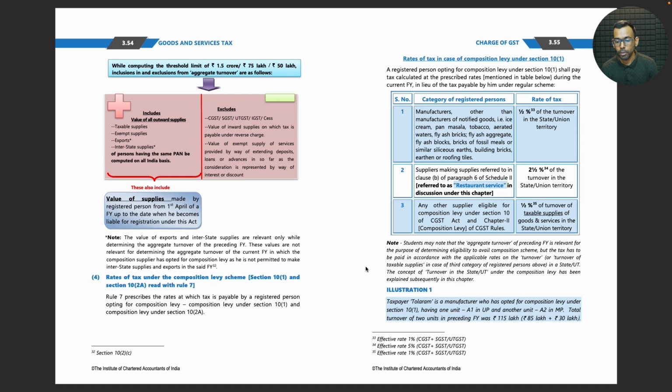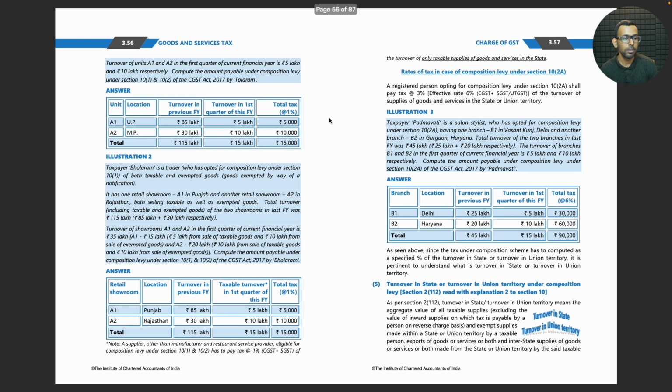The total turnover of two units in the preceding financial year was 1 crore 15 lakhs, or 115 lakhs. Turnover of A1 and A2 in the first quarter of the current financial year is 5 lakh and 10 lakh respectively. Compute the amount of tax payable under composition levy under section 10 subsection 1 and 10 subsection 2 by Toll